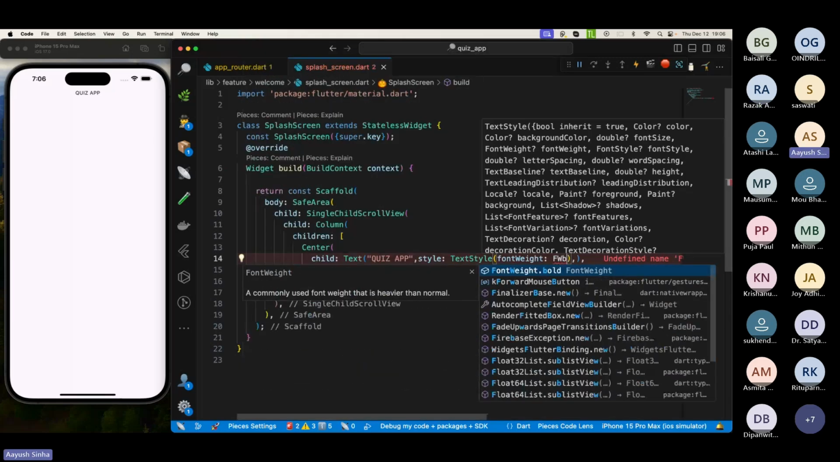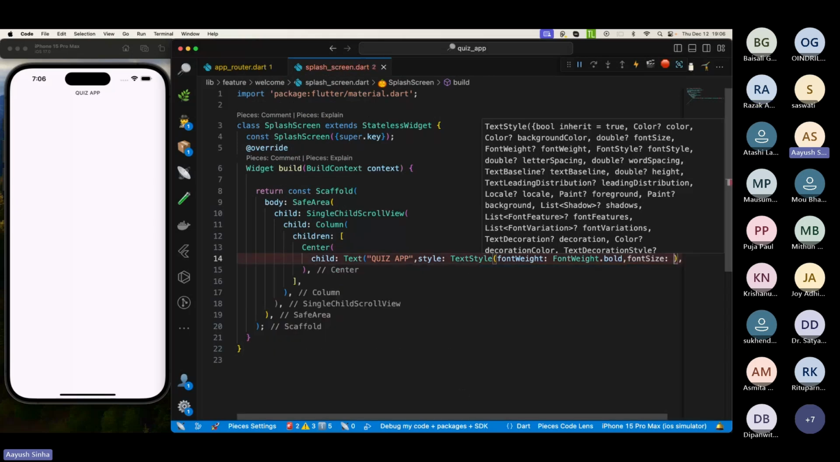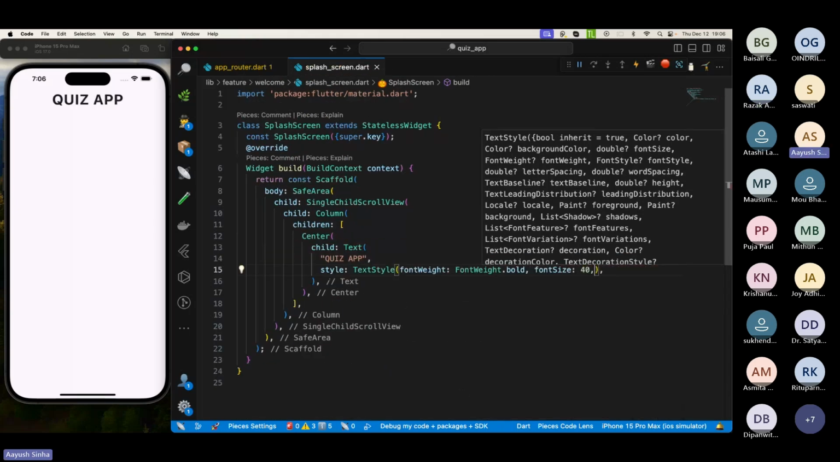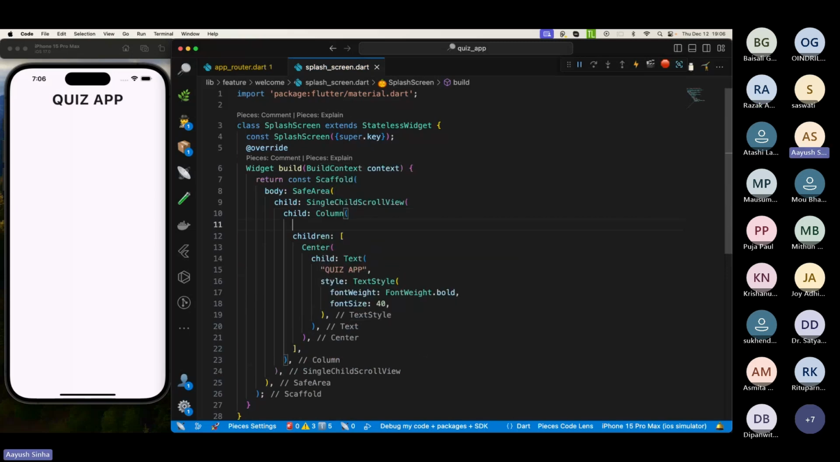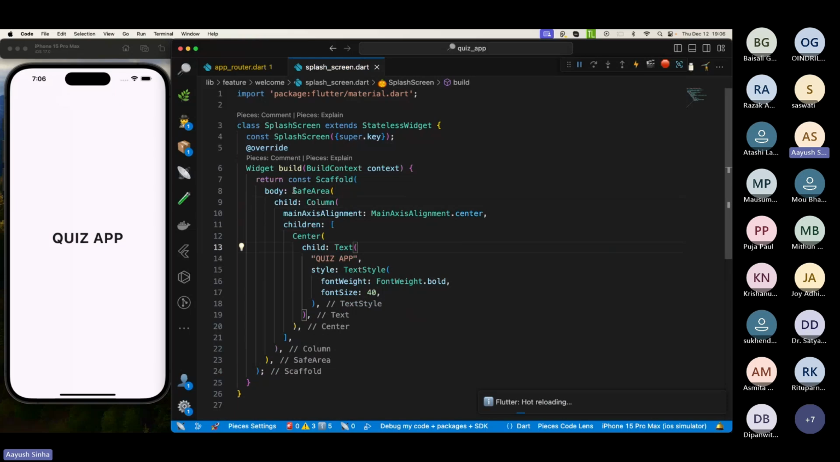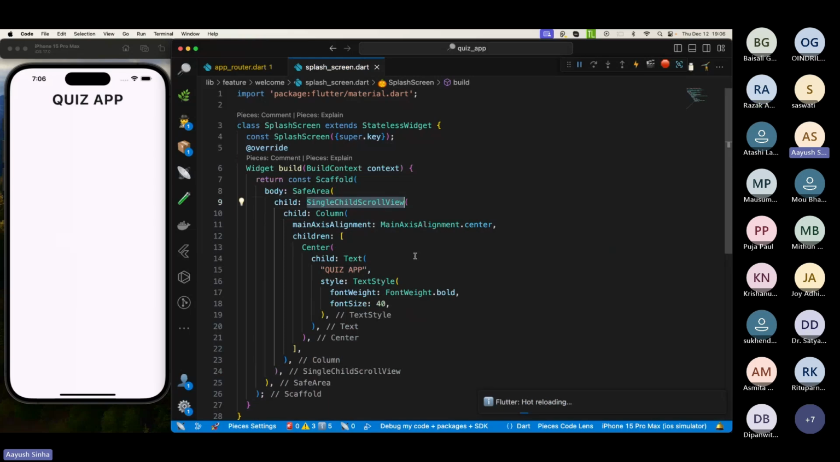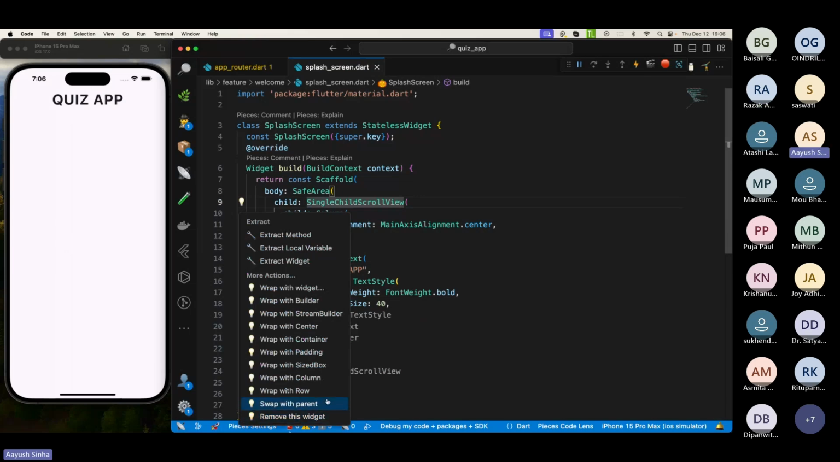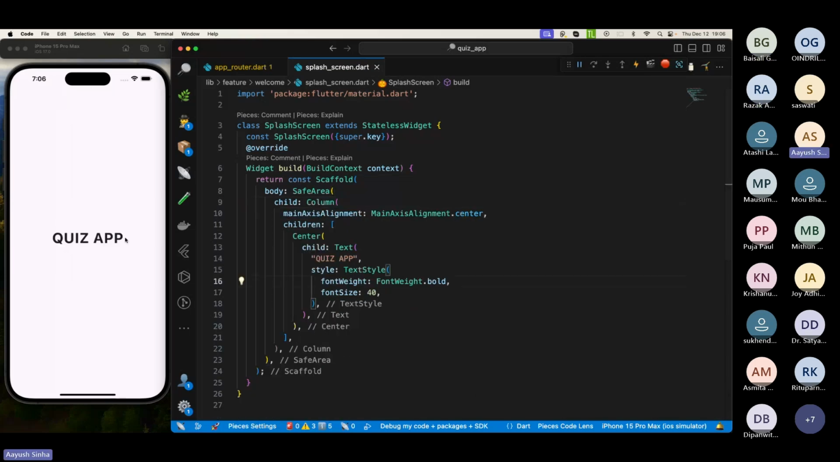Font weight bold, and size to be 40. And we want to make it in center. So if we want to make it center, we need to remove the single child scroll view from here, because when we wrap anything with a single child scroll view, it limits our height. I think I have explained this one before also. So if I remove this, it will come to center, because now the length of the column is full